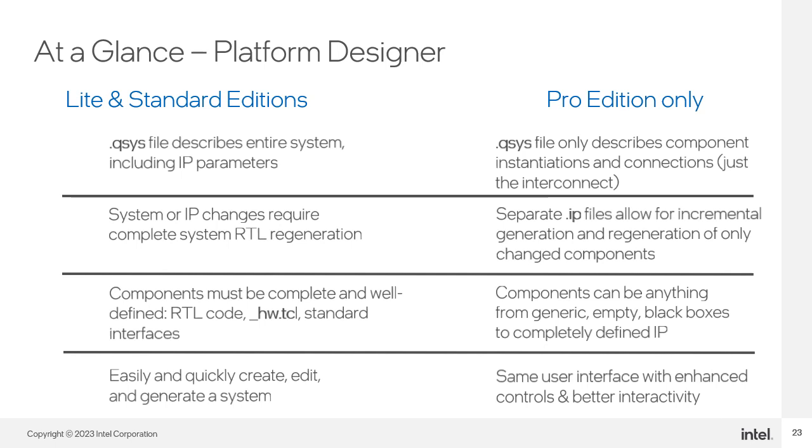In Standard Platform Designer, every component in the system must be complete and well-defined, otherwise the system can't be generated. This includes complete RTL code, completely defined standard interfaces, and hardware TCL files, which are especially required for custom components. In Pro, components do not need to be complete in order to generate the system. A generic component that defines the interface connections to the rest of the system without a functional implementation is all that's required. This works well for a team-based design or any system design where part of the system may still